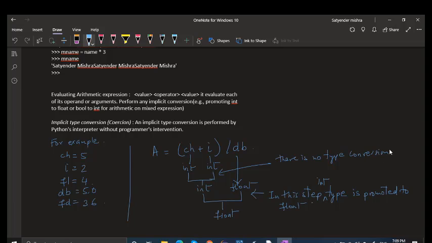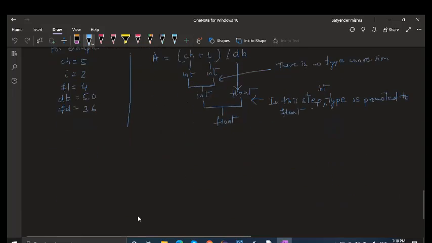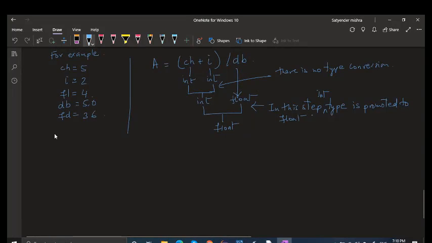Right? So type conversion will occur when two different data types are evaluated. Let me take another expression for the same variable values. Say for example, B is equal to FD divided by DB multiplied by CH by 2. Here first these two will execute.